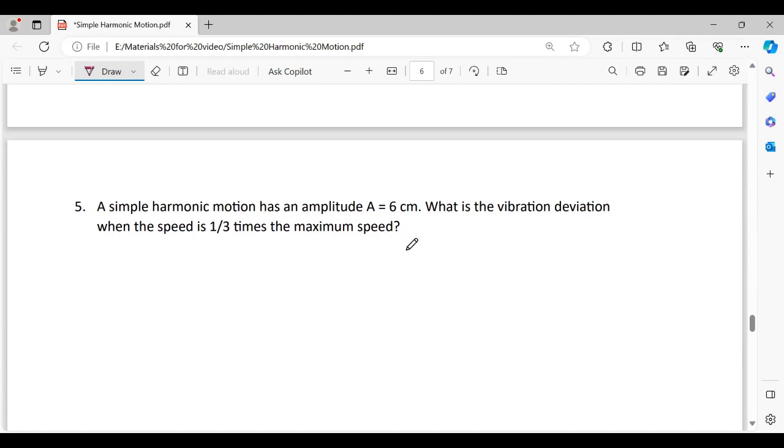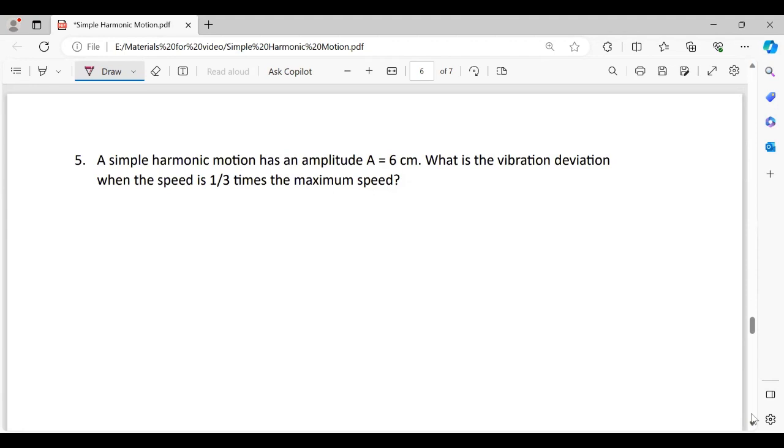Okay, for the next, y equals a sine omega t. So for velocity, the derivative of this term